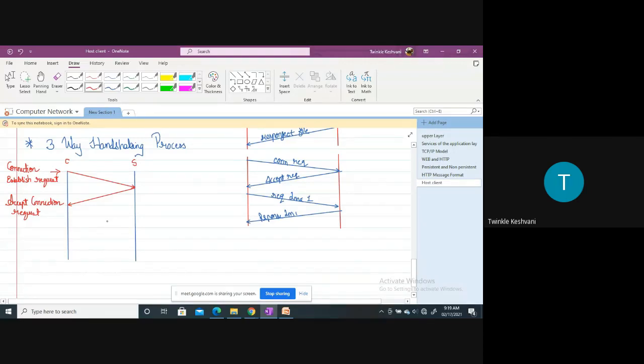Now client and server are knowing each other, because once the connection is established with this connection message, there are certain things that are exchanged between them, right? So here the server and the client are knowing each other because the connection is already established. Now the client can request a file from the server. So in the third handshake, the client will send a request to the server for any file, right? So we can say this third one is requesting for the file.